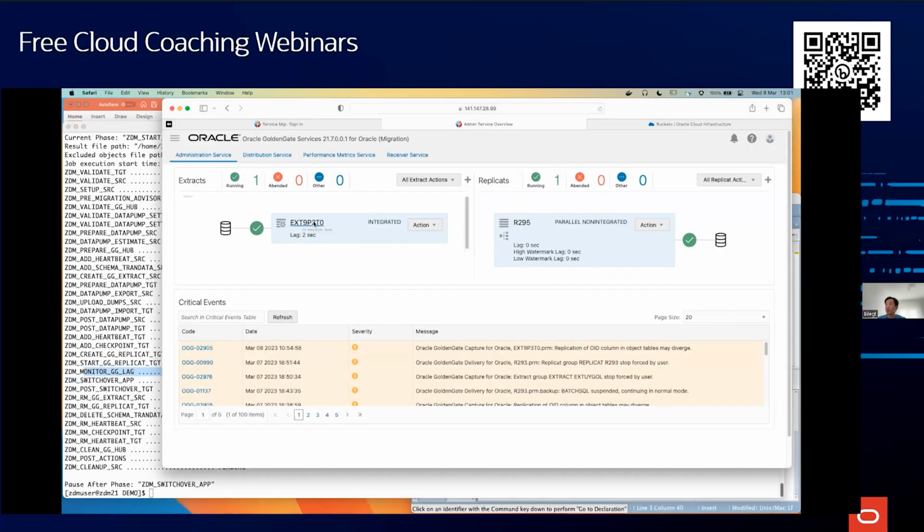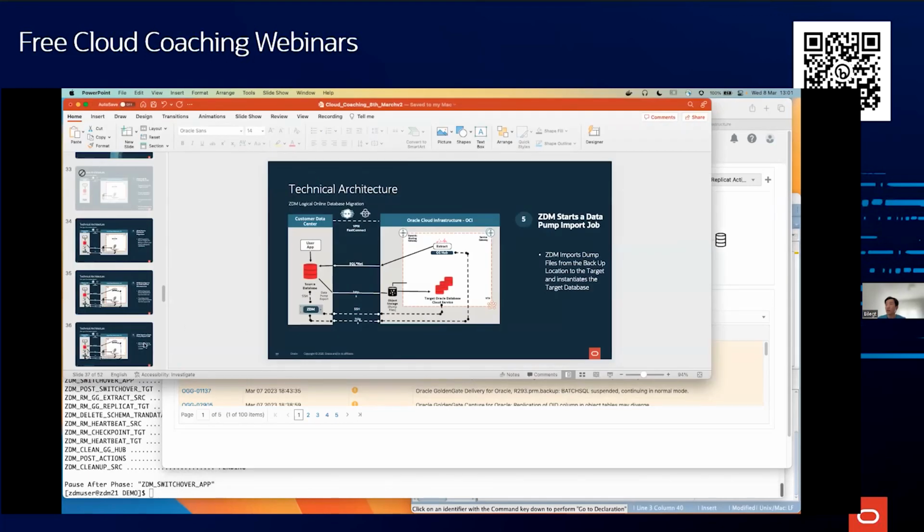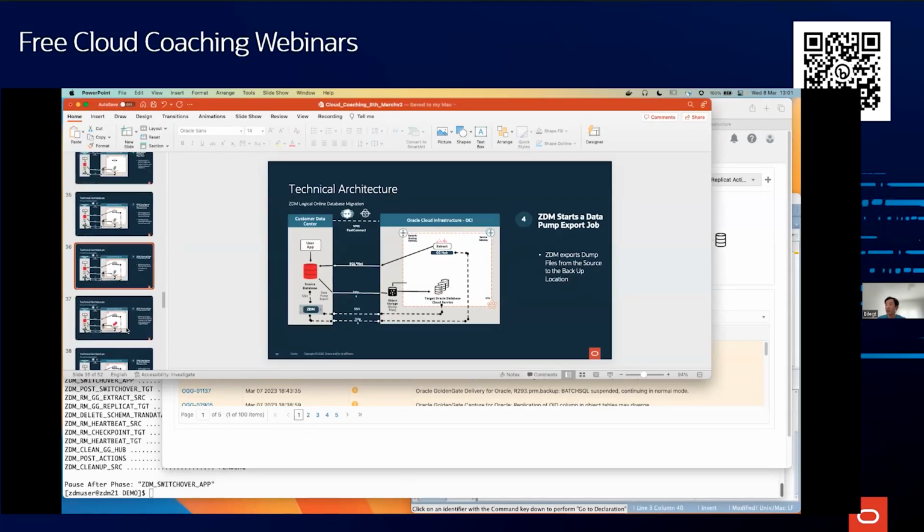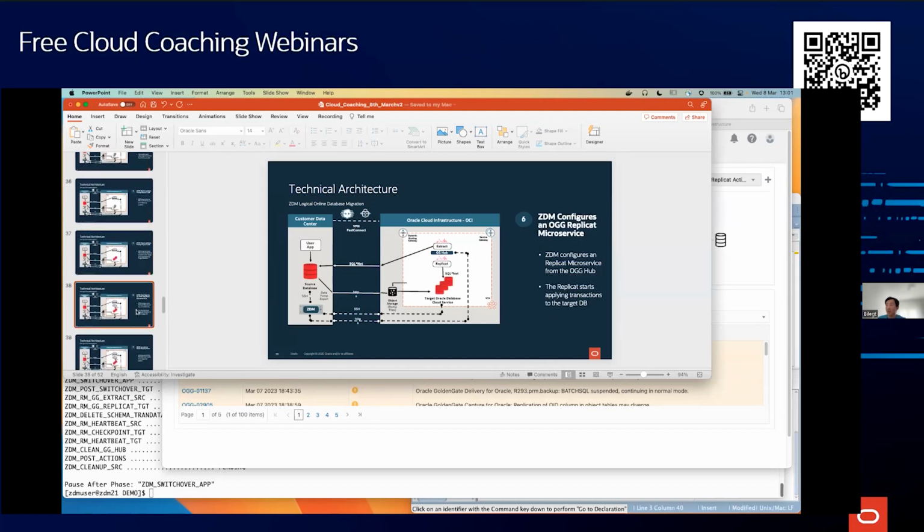Now it means, in my databases, they are in sync. The extract and replicate is working fine, and there are no changes in my source database. I'm going to shut down my application connection to the source database. I'm going to stop that application connection and redirect it to my target database, to avoid any inserts, updates, or other changes to my source database, and to make sure everything is